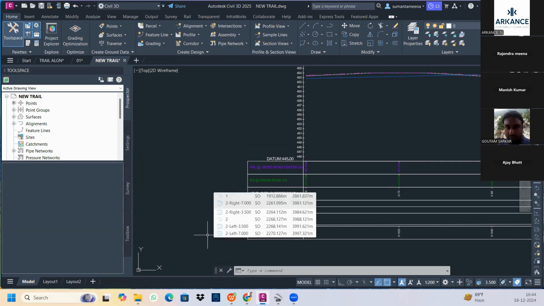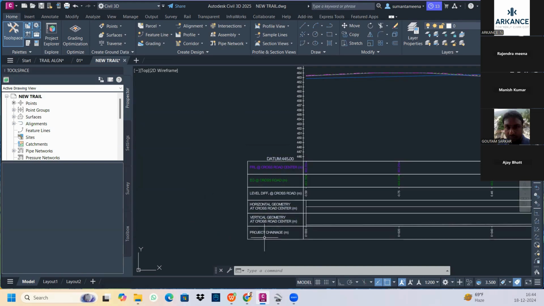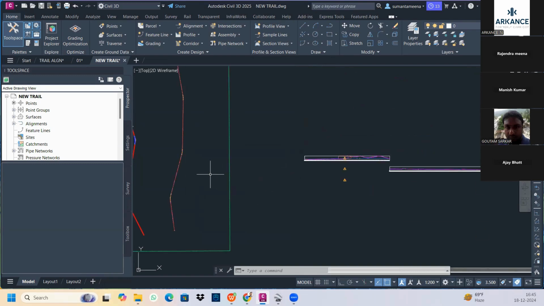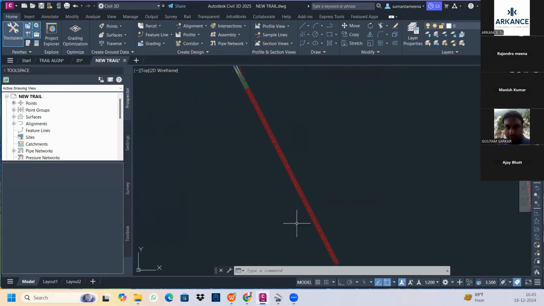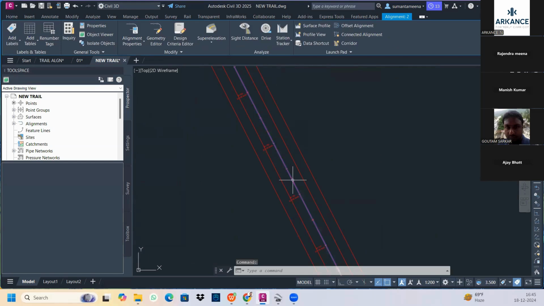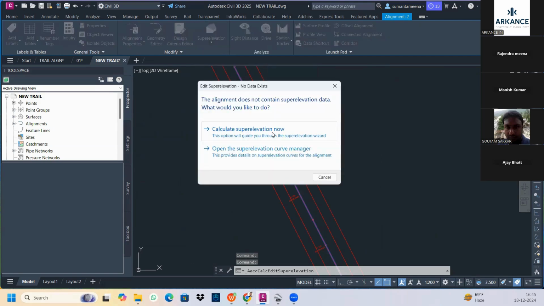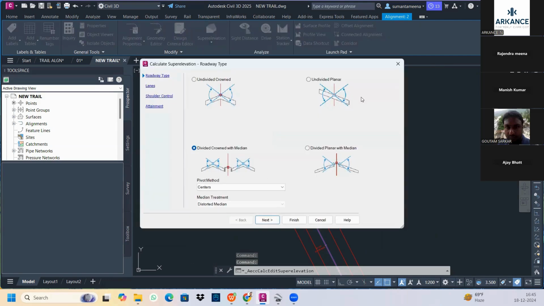आप देखेंगे मैंने यहाँ पे सुपर एलिवेशन ऐड नहीं किया हुआ है। राइट। आपको किसी को दिख रहा है सुपर एलिवेशन का बैंड? क्योंकि मैंने ऐड नहीं किया है यहाँ पे अभी। तो पहले सुपर एलिवेशन के लिए क्या करना पड़ेगा, हमें यहाँ पे सुपर एलिवेशन अप्लाई करना पड़ेगा। राइट। अब सुपर एलिवेशन कैसे अप्लाई करते हैं? तो यहाँ पे देखेंगे जैसे आप अलाइनमेंट को सिलेक्ट करते हैं, यहाँ पे एक ऑप्शन आता है सुपर एलिवेशन का। राइट। तो यहाँ से क्या करना है, आपको कैलकुलेट करना है, कैलकुलेट सुपर एलिवेशन नाउ।